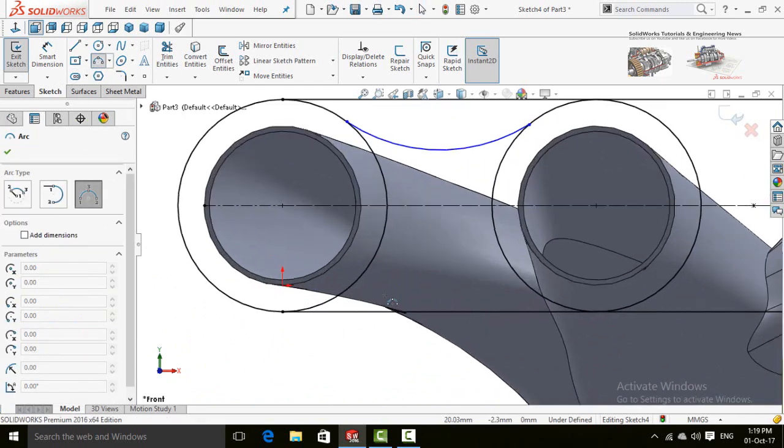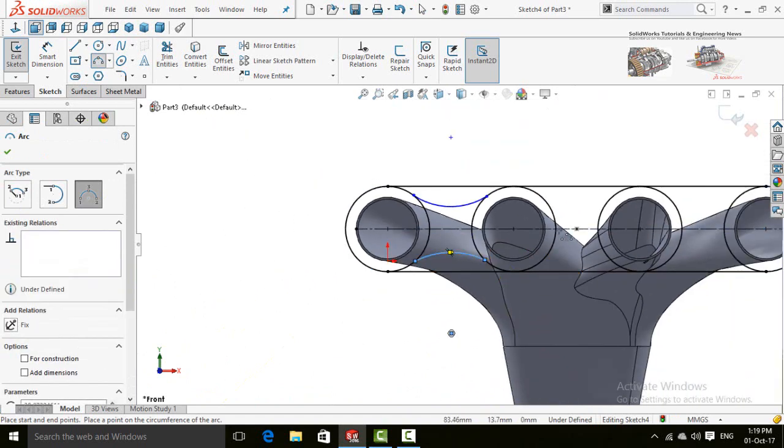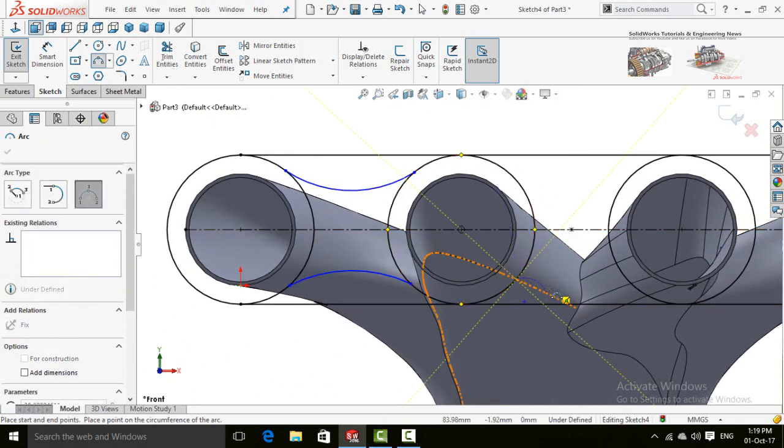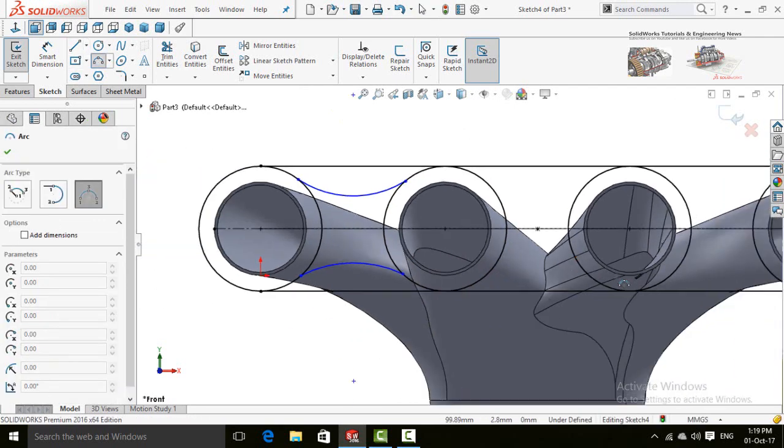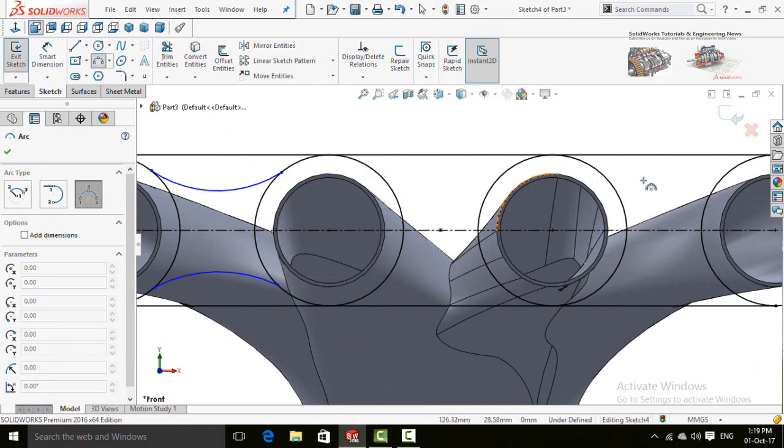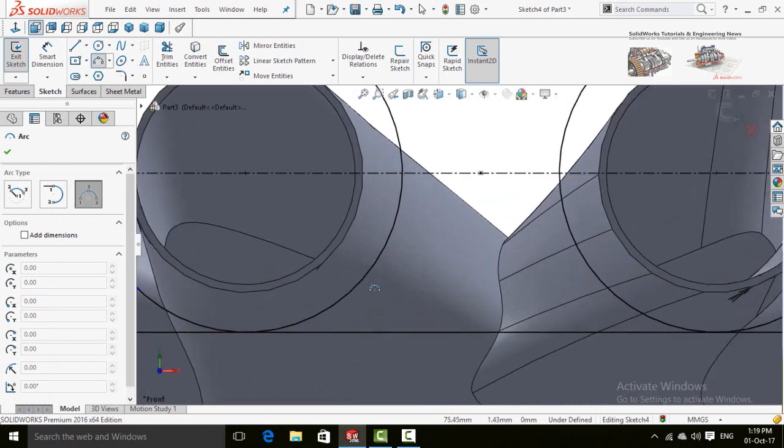Another arc on this side. We need the arcs on all these sides, so draw them.